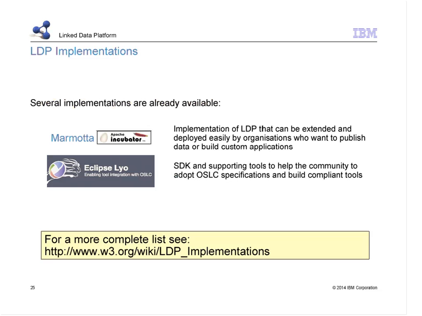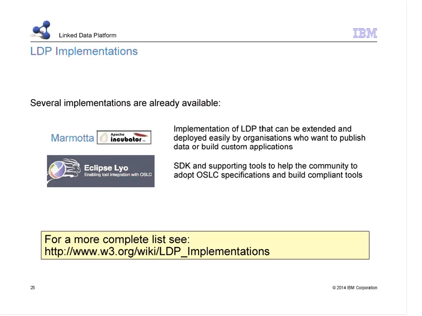There's actually, I hesitate to even put some names there because I find it's always unfair. We have a wiki page that's listed at the bottom there that allows anybody to go and add an entry to claim that they're implementing LDP. But I wanted to point out two implementations anyway. The first one is Apache Marmotta, and so Apache is doing an implementation of LDP.